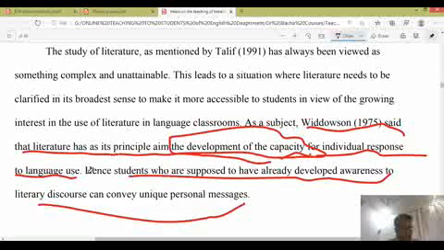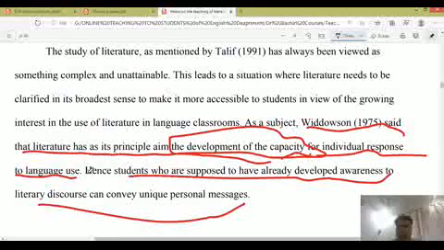It develops the capacity in individuals to respond to language. For example, if a person is taught literature, the teaching of literature makes him use language properly. So here it means that students who are supposed to have already developed awareness of literary discourse can convey unique